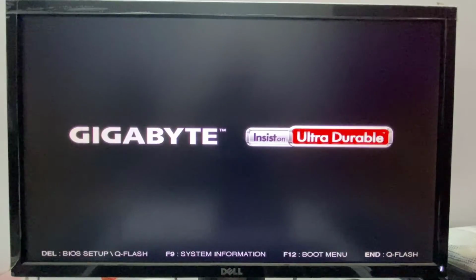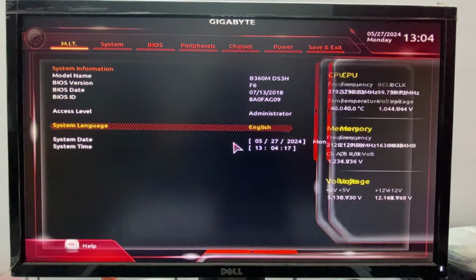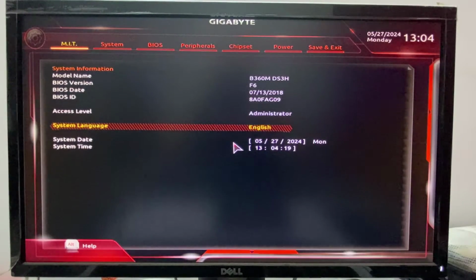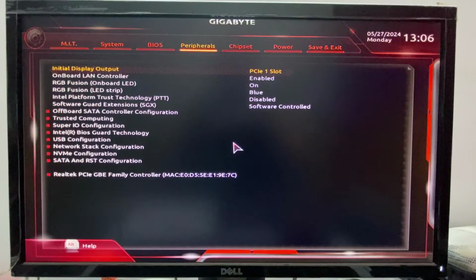Now you need to use arrow keys to move in UEFI menu. Following steps vary depending on the make of your PC's motherboard. There is a Gigabyte motherboard in my PC. So to make the changes, simply go to Peripherals. Now select Intel Platform Trust Technology PTT